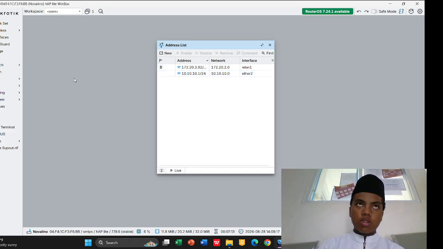So this configuration of laptop and IP router is for making the identity of IP address. And then the next we are going to set